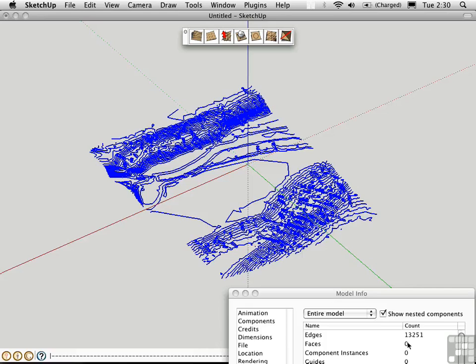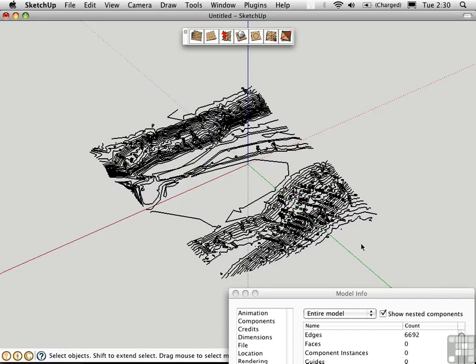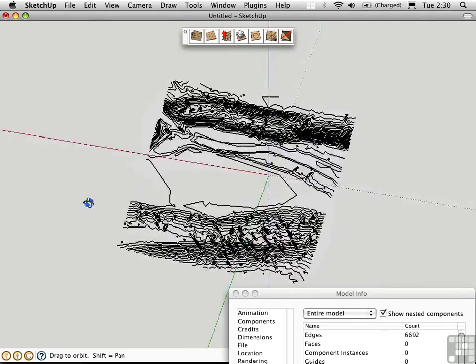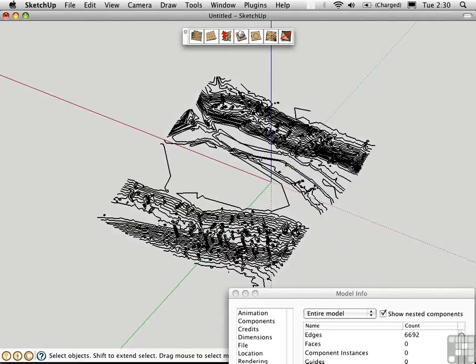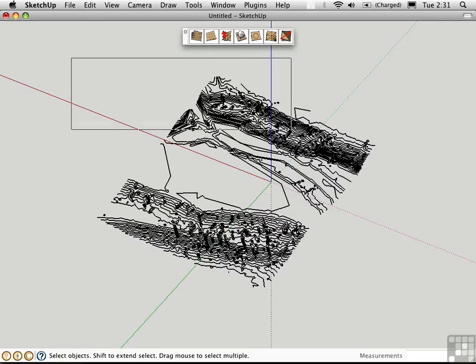So we're going to go from 13,000 down to 6692. So that's a great simplification of what came before. We can just undo and redo, and you'll see that it doesn't change that much. It's pretty much the same set of contours. This one is maybe a little bit more angular, but it's going to create a much simpler surface in the end. Now I'm just going to go ahead and close Model Info, select all of the new contours, and then